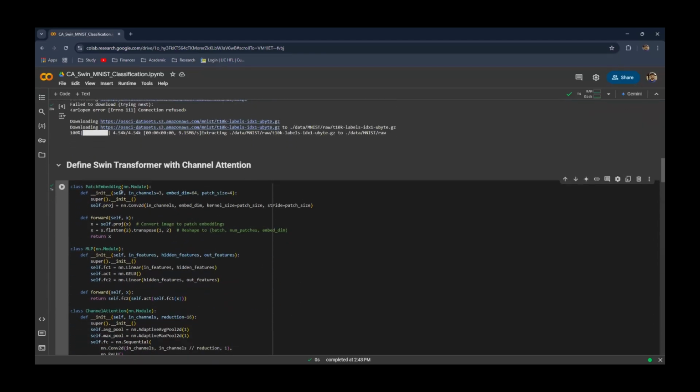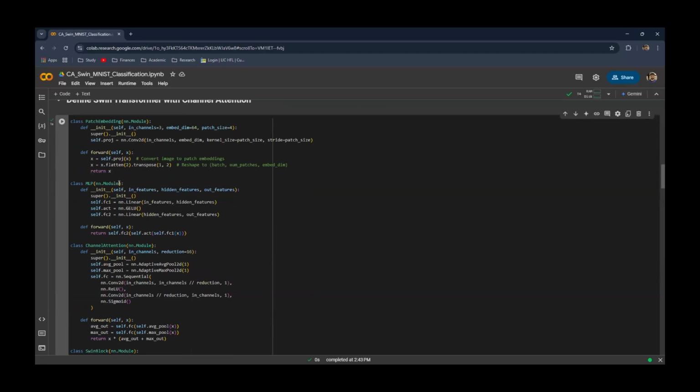So for defining those, to be able to be used with a Swin transformer, we define patch embedding. Many of you working with transformers must know what patch embedding is. If the image size is very large, that might not be useful for direct training. So for that, we need to divide the images into various patches, right? And these patches have to be